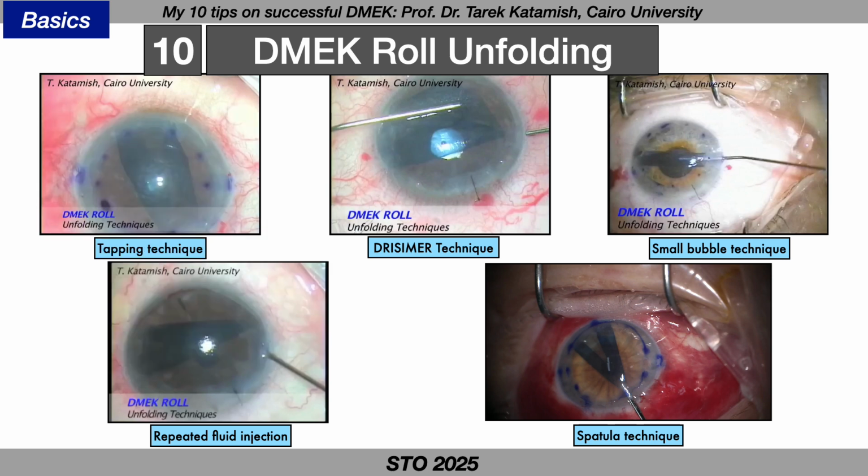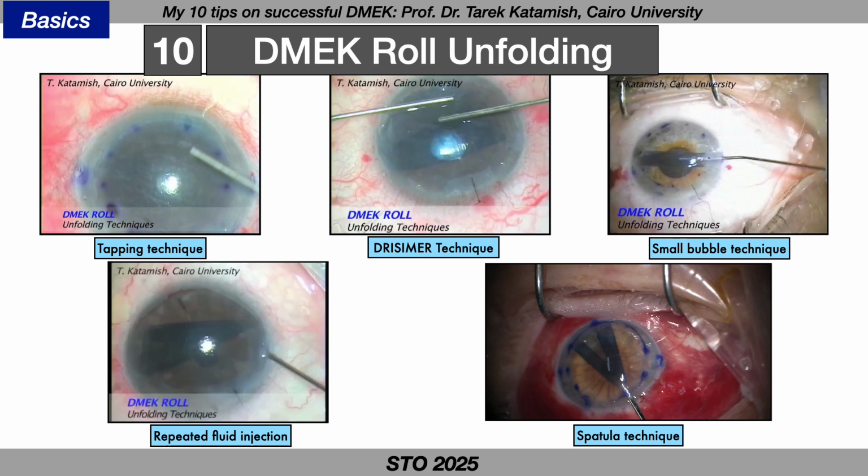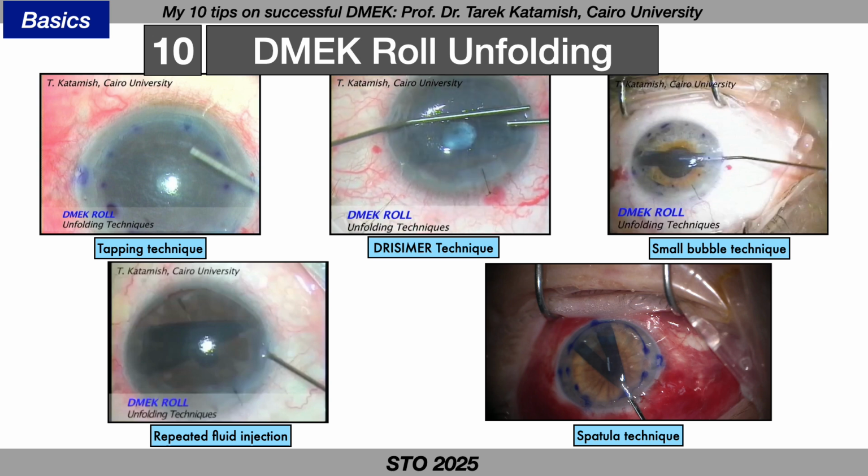So the first technique is the tapping technique. Just simple tapping in the long axis of the DMEK roll will help open the DMEK roll. As you see from this example, you use the wave of fluid to open your DMEK roll. The second technique is the Dressmer technique. Pinch one edge from outside and unfold the other edge by tapping, and of course shallowing will be very helpful